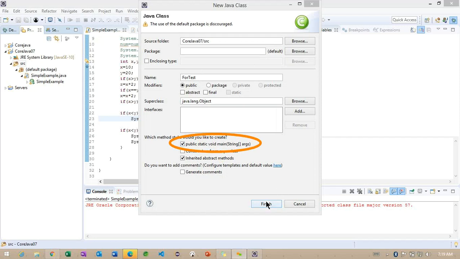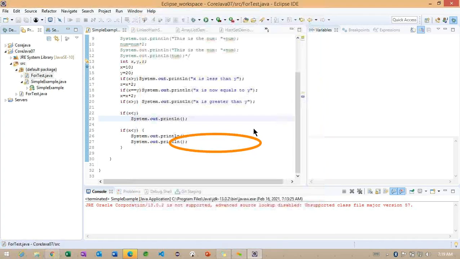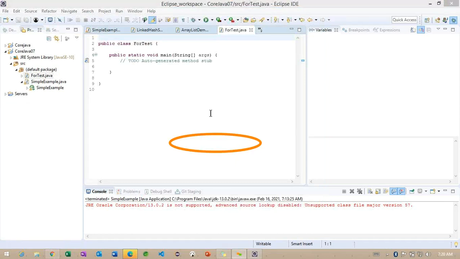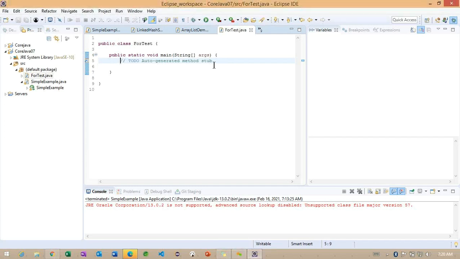Okay, back to here, finish. Now observe here. Again I want to declare this particular variable.